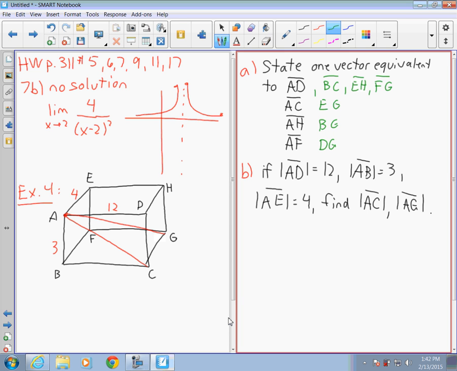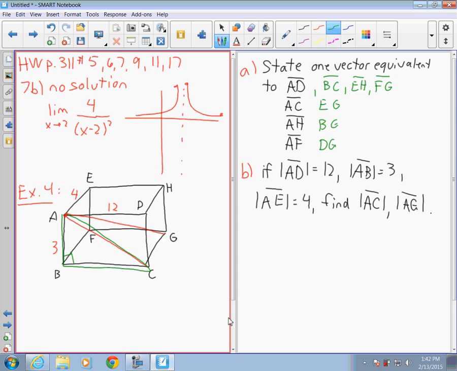All right, here we go. Ready? To get this distance here, I'm going to use this triangle right at the front. Sort of like this. That's the triangle I'm going to use. That will, in fact, be a right triangle.